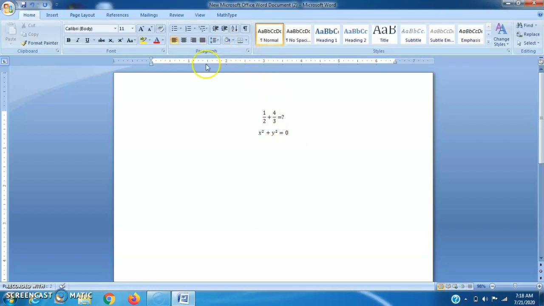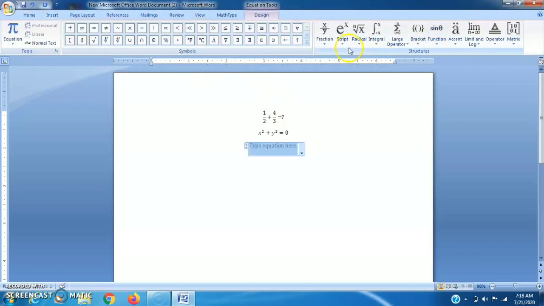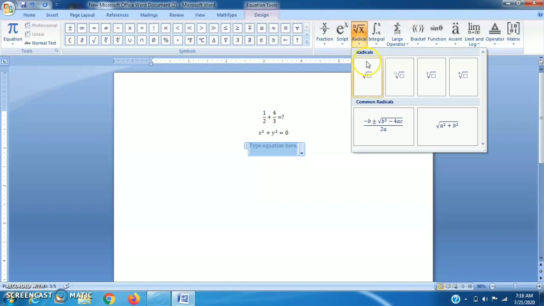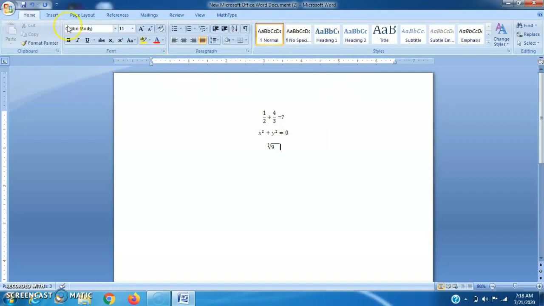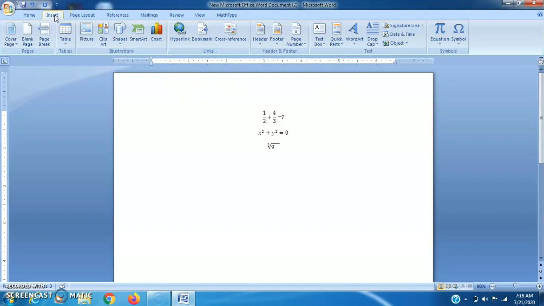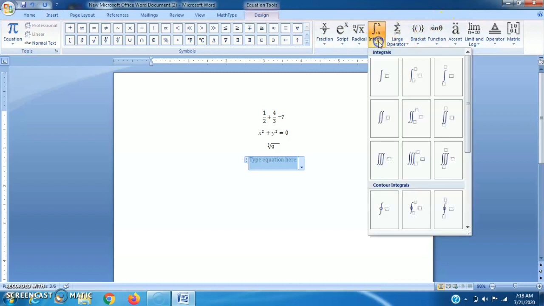If I want to insert some more functions, suppose I want to insert the radical, suppose I choose this one for cube root. Suppose I want to find the cube root of 9, we can use this. If I want to choose integral, then we can choose integral from here.